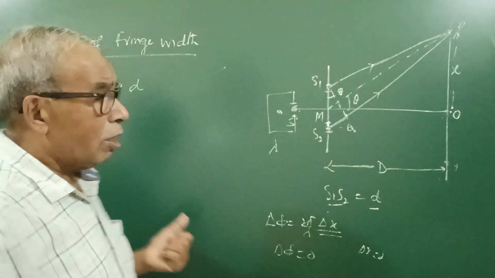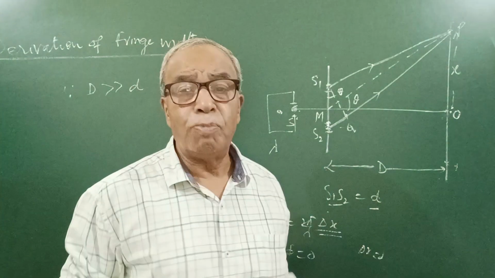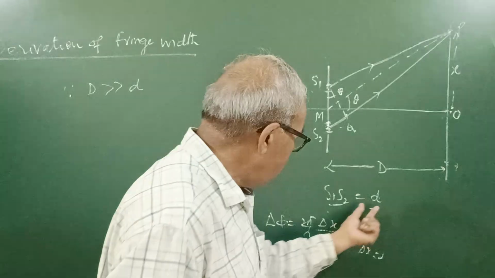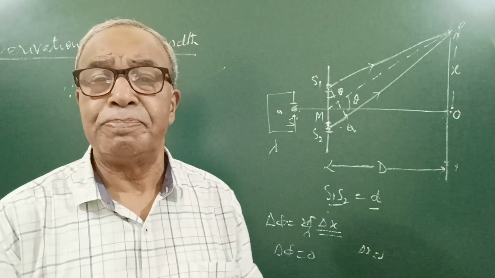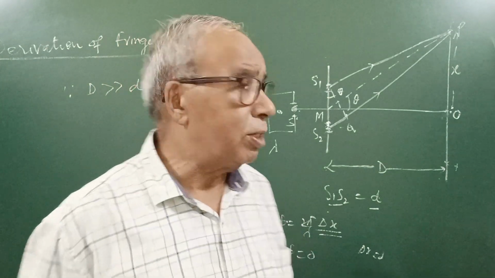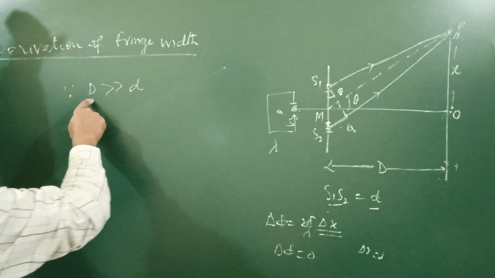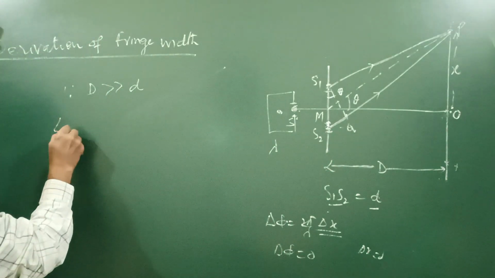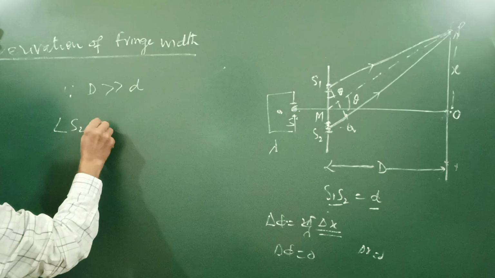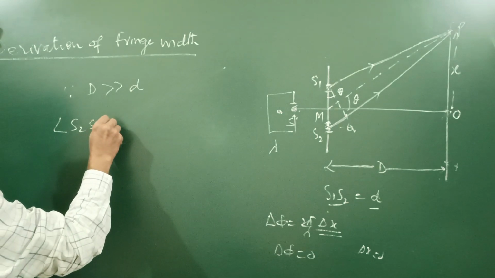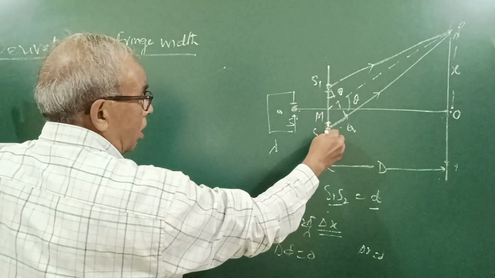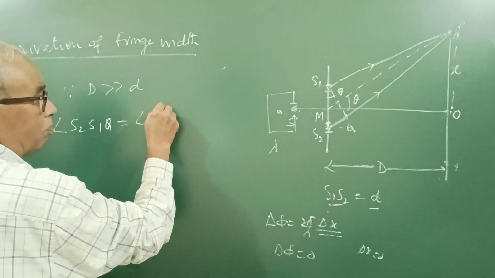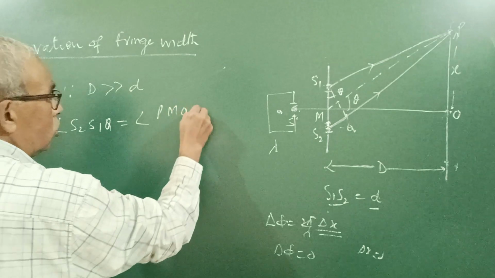so कितना अंतर होता है? कैपिटल D is of certain meter order, 1.5 meter or 1 meter, while small d is of fraction of millimeter. So if D, since D is very much larger than small d, angle S2 S1 Q is equal to angle PMO is equal to theta,